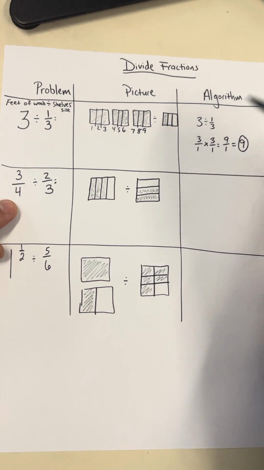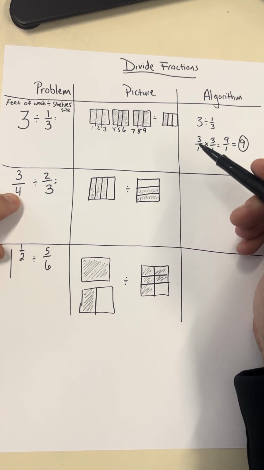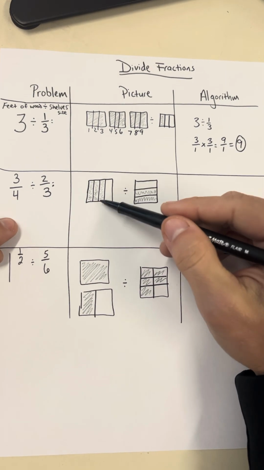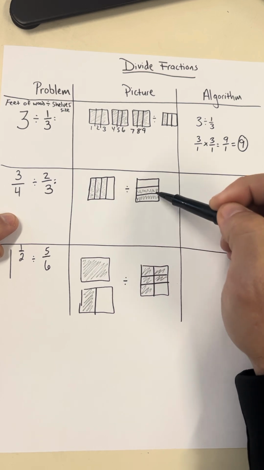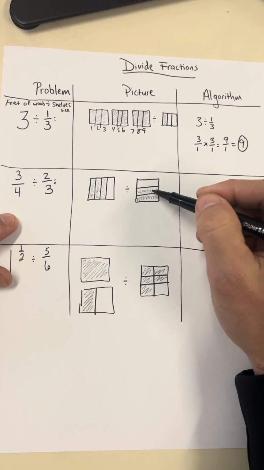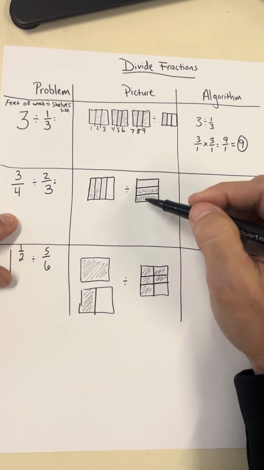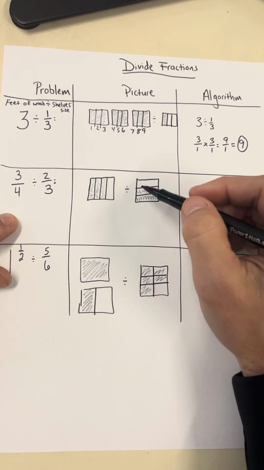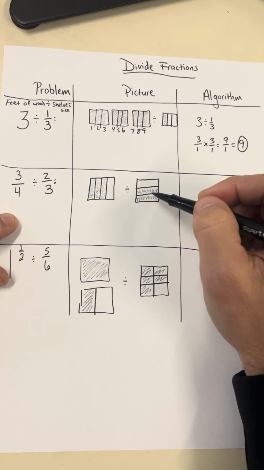For this problem, it talks about a fraction and a fraction, and I'm still going to use the wood and shelves analogy. So I look at this and I go, okay, I do have more wood than what the shelves require. So I'm going to go ahead and assume I can get at least a shelf out of there, but probably not much more. In order for me to understand exactly how many shelves or how much shelves I can